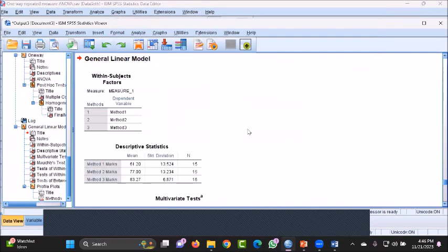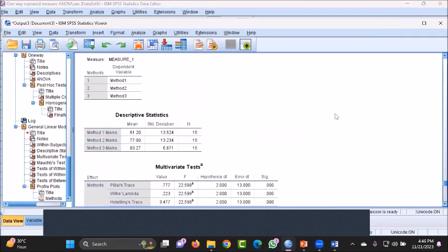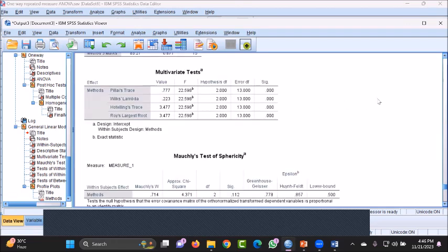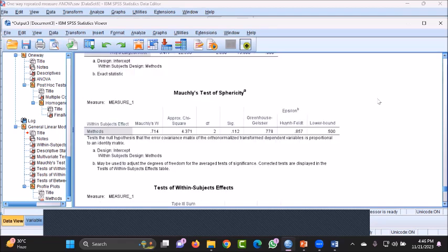Now this is the output screen. In this output screen, you can see the three methods and the descriptives also. Method 1 marks are 61.20, method 2 marks 77.00, method 3 83.27. So there is a difference between the three types of marks. Directly, let us see this